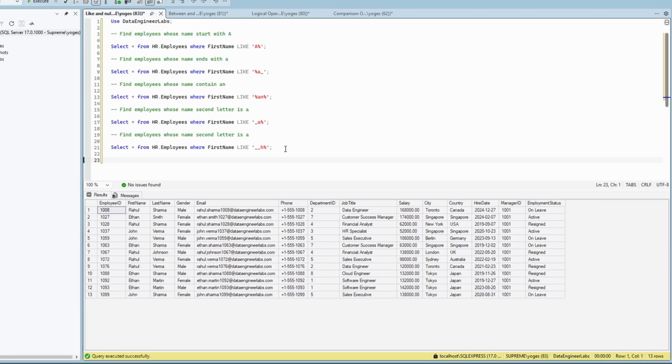So let's say you want to find out employees whose manager ID is null. How can we do that? Similarly, we can just simply write: let's find out all the employees with a null manager ID. So what we can do is select star from employees, like hr.employees,